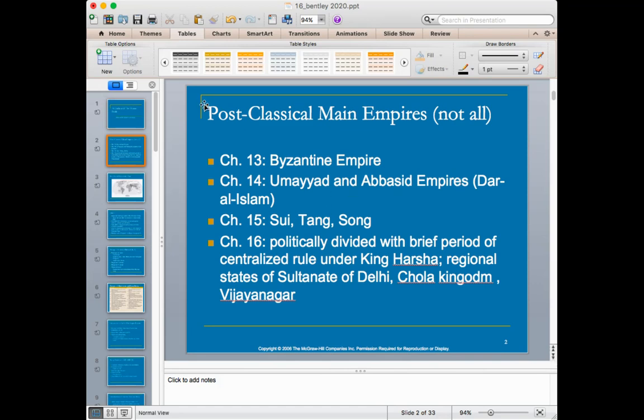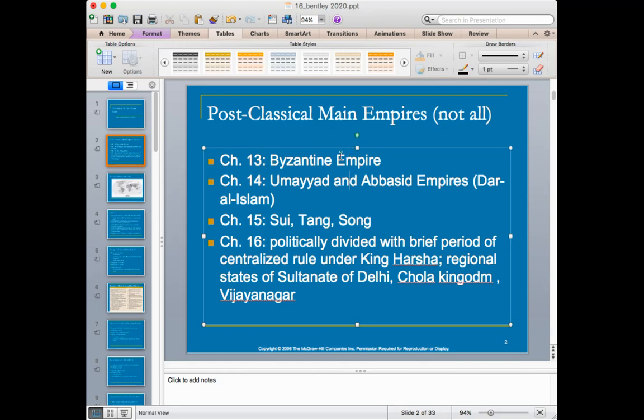So we've been learning about the post-classical period. Now, technically, the post-classical period is anytime after 600 CE all the way up until basically 1450. But for our class, we've mostly focused on 1200 to 1450, but we taught you a little bit about some things that are before that time period, just so that you wouldn't be super lost when we get to later time periods and we reference some of these earlier dynasties that you should know.